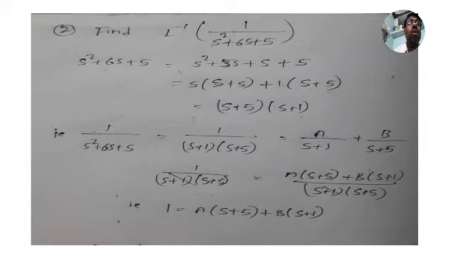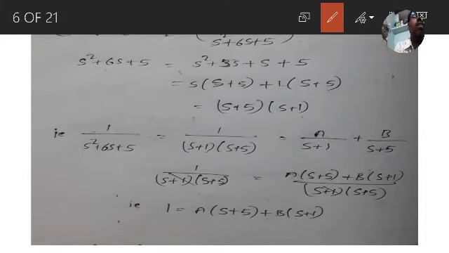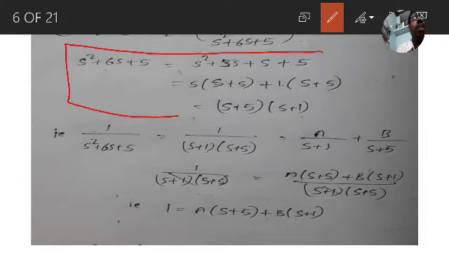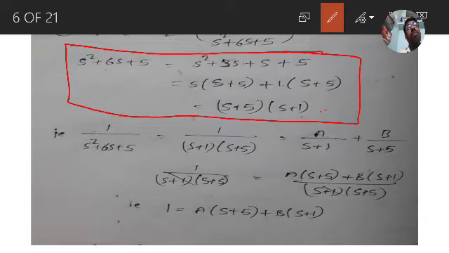Let us go on. Are you getting what is the difference between the first problem and the second problem? In the first problem, the denominator has a product of two linear factors, but here in the second problem the denominator is a quadratic expression. Convert the quadratic expression into two linear factors using the factorization method. Then it is very similar to the first problem. The only change is converting the quadratic expression into linear factors.